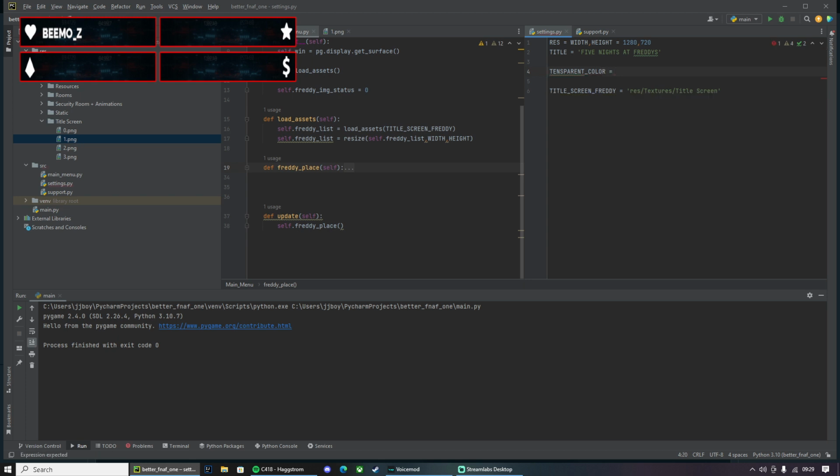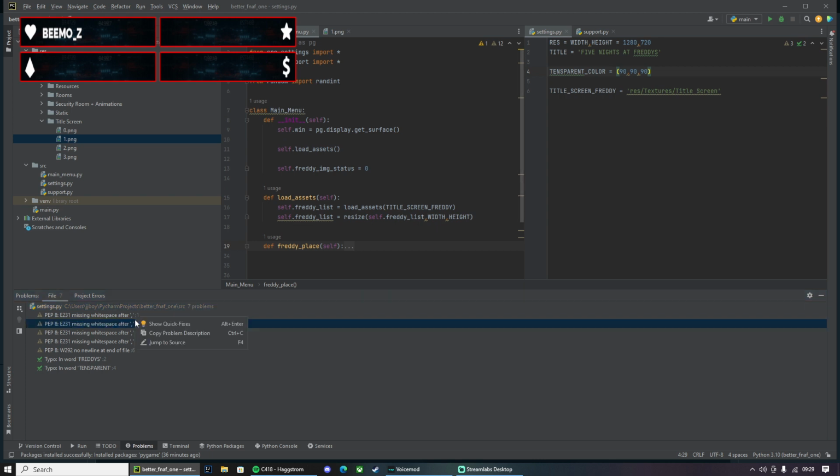Transparent color equals, and this x6, so can't spell that good. It equals a tuple of 90, 90, and 90. That is the transparent color. Fine, I'll modify it for you to make it look better. There we go.